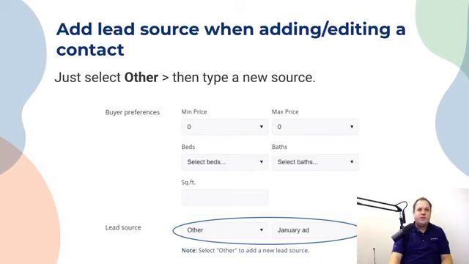If you want to track a certain open house or a certain marketing system you're using, and track your ROI, what's working and what's not, you now have the ability to add custom lead sources in Top Producer X. Again, really simple to do. Just go down to the lead source area, choose other, and then you'll have a custom field where you can type whatever lead source you want. So that's now available. Thank you to everyone that sent that feedback in.